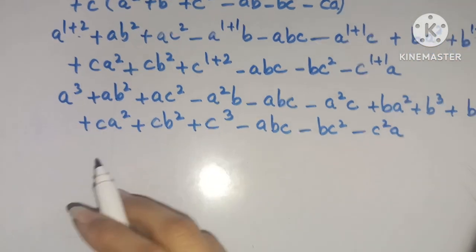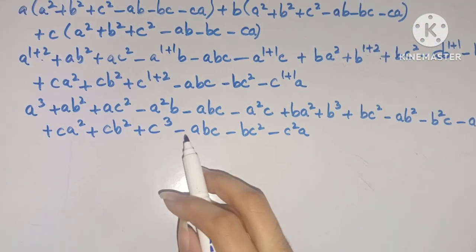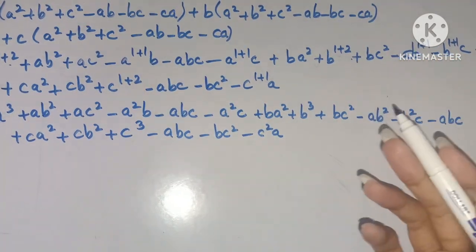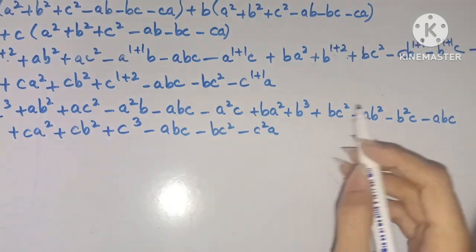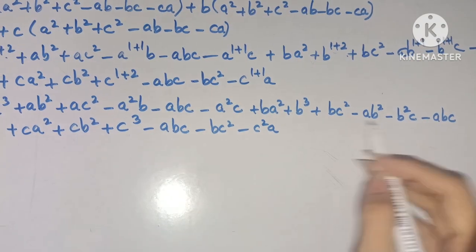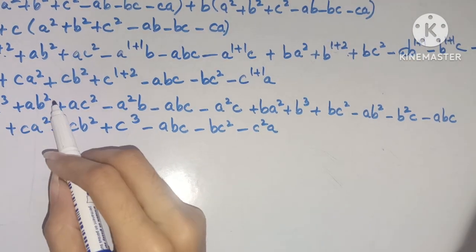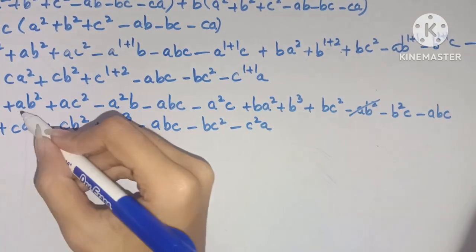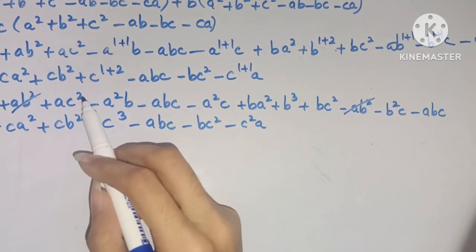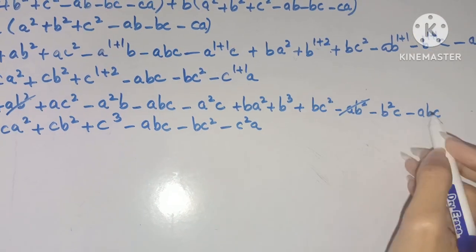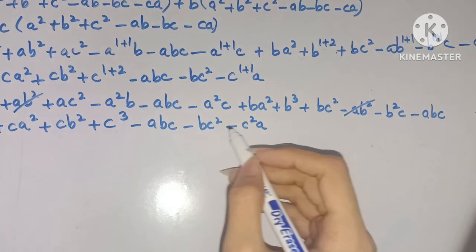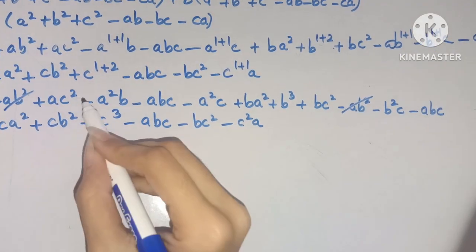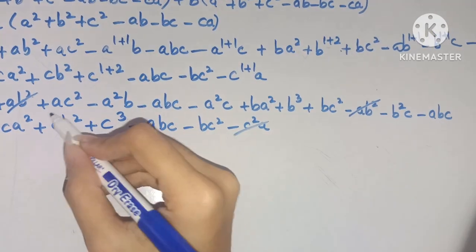Now we can see the same terms, with one term with a plus sign and the other in the minus sign. Here a cube doesn't have a pair of a cube again. a cube is coming only one time. Now we have ab square. So ab square is coming again, plus ab square and minus ab square. So we can just cut them down. And ac square: then we have ac square again. Look, here it is c square a. So c square and a can just be cancelled.